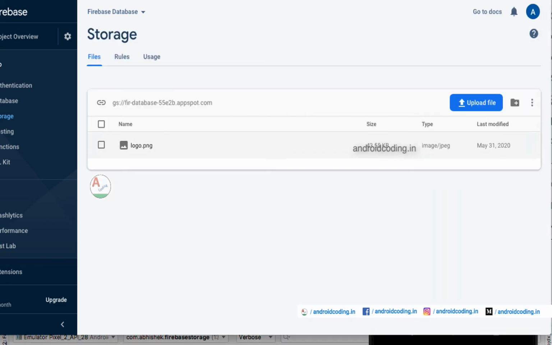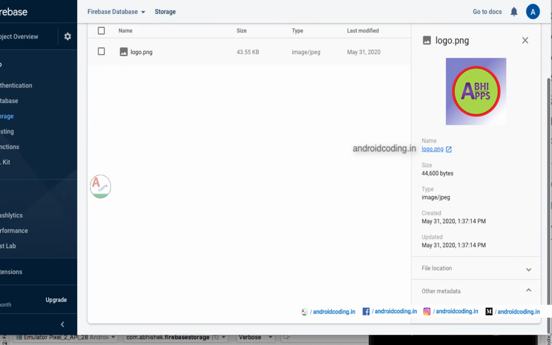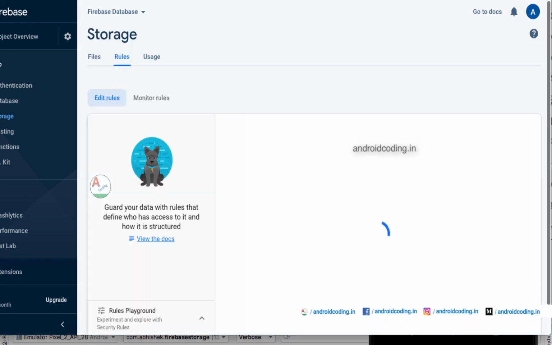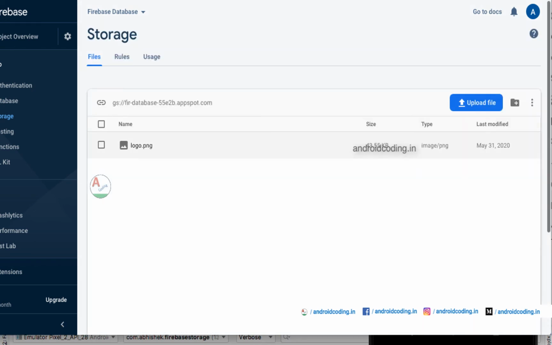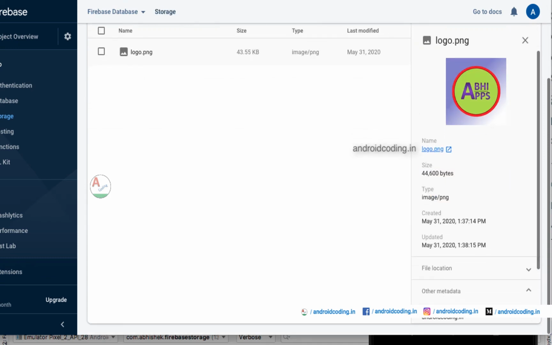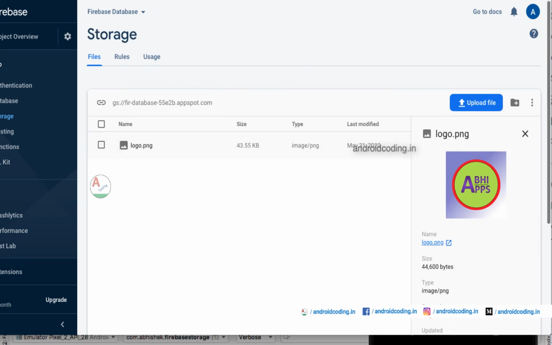You need to just refresh the view and try to see. It's not loaded, right? So you need to refresh the view actually. Sometimes the data will not be loaded. Don't worry, you need to just refresh the view, that's all. Here you can see our metadata is loaded, website androidcoding.in. So whenever the data is not loading, you need not think that it's not loaded. You just need to refresh the database and check again. It will surely get loaded.